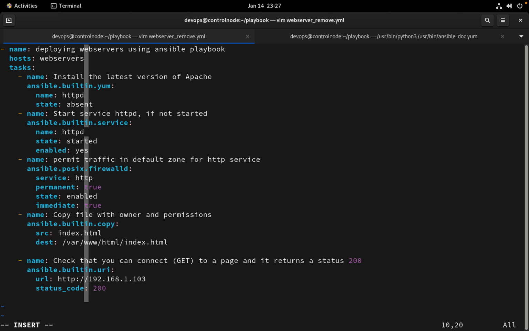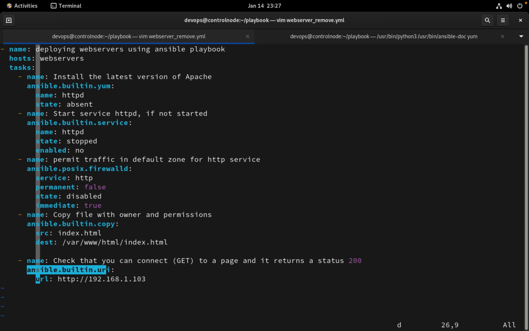absent. Similarly, the ansible.builtin.service module started the service, so I'm going to just stop this. Enabled, no. Similarly, the ansible.posix.firewalld module allowed the port, so I'm going to remove that. For that, enabled should be false and state should be disabled. And this module was to check if the website is working. Since we are going to remove that, we don't need this, so I'm going to delete that,